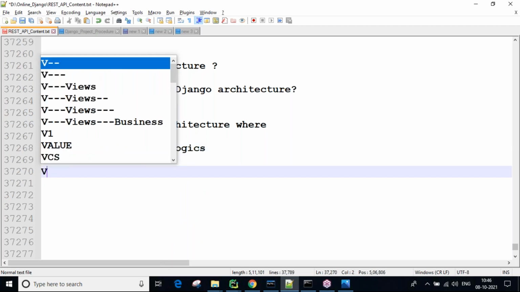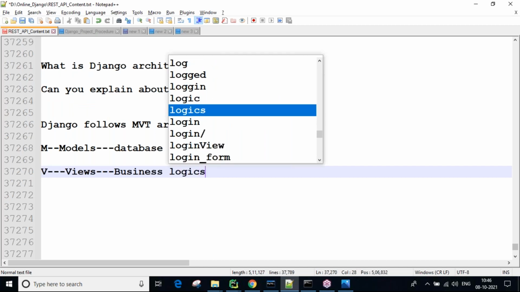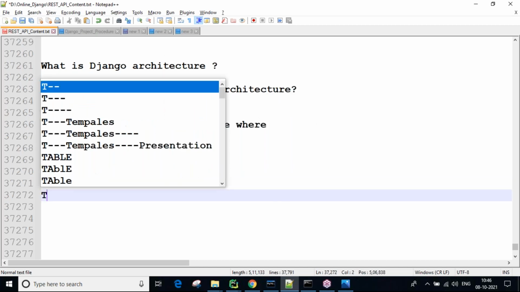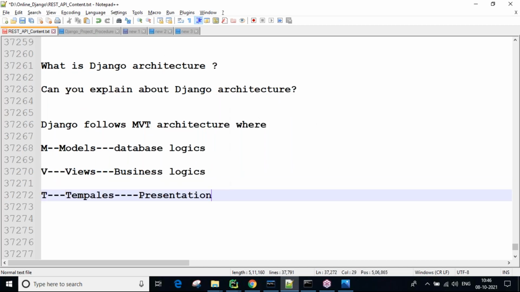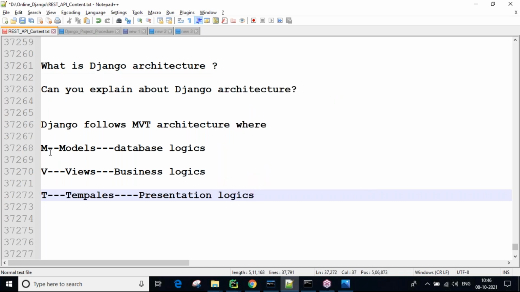V stands for views, which is for business logic purposes. And T stands for templates, which is for presentation logic purposes. So models is for writing database logic, views for business logic, and T for templates is for presentation logic.